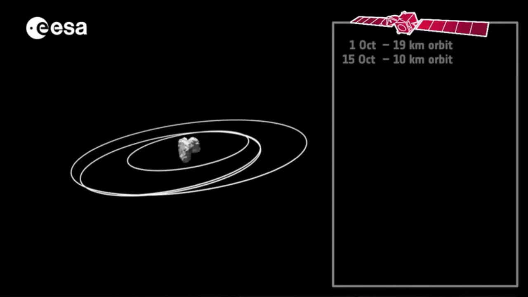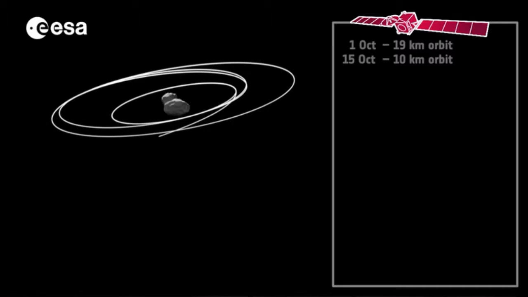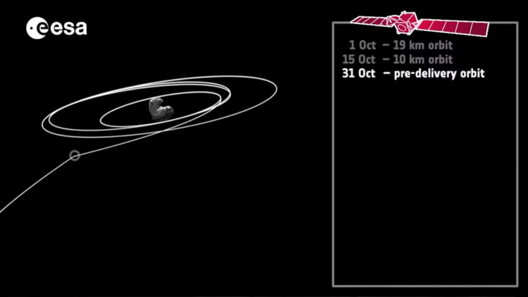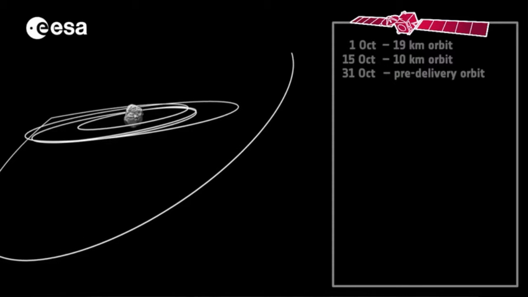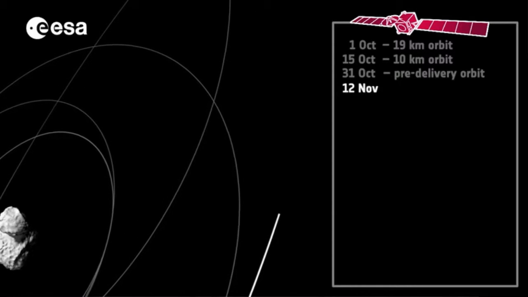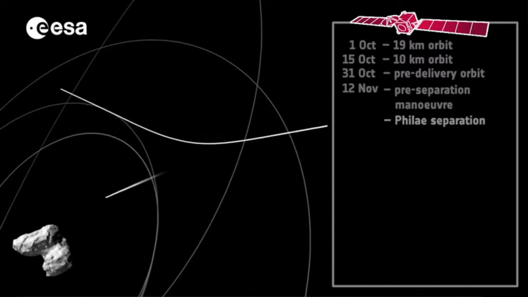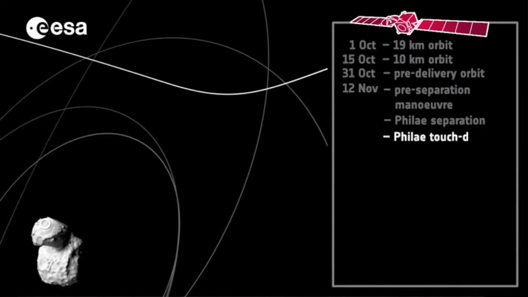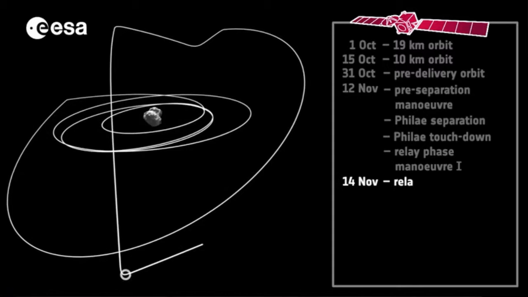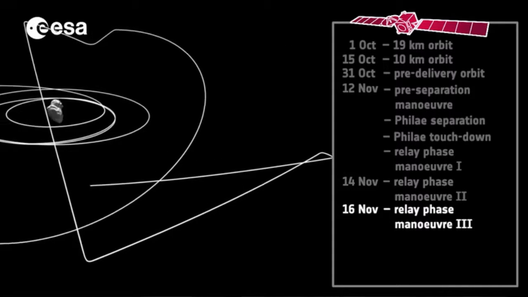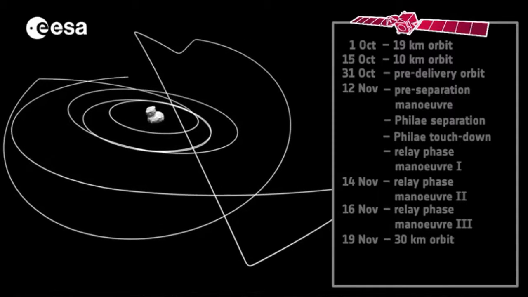Then to do the actual landing, there was a dedicated orbit in order to do the correct phasing with the spacecraft and the landing site. This was the pre-delivery orbit. And then from the pre-delivery orbit, we would make the landing separation maneuver, during which the lander would get separated and the spacecraft would fly out to an orbit where it would provide excellent communication to the lander. So this was one of the most difficult maneuvers that had to be done with the Rosetta spacecraft.